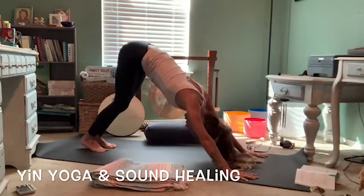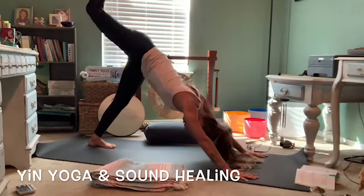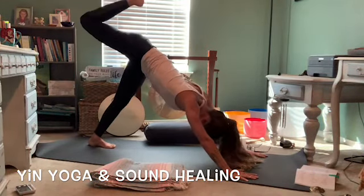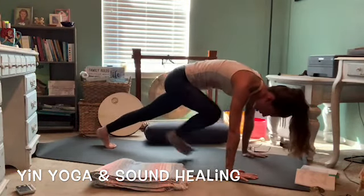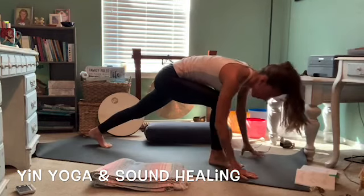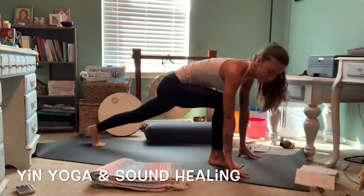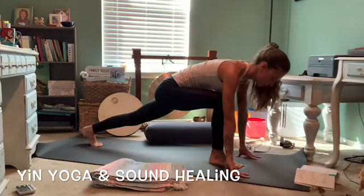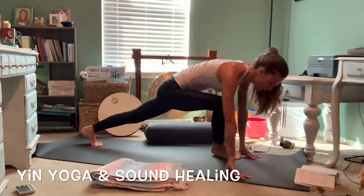Good. And as you inhale, lift the right leg up, three-legged dog. Exhale, bring the right foot between your hands. Take your time. Good. So here we're gonna go to our swan pose. So it's pigeon, but we call it swan for Ian. And then walk the right foot to the left edge of the mat